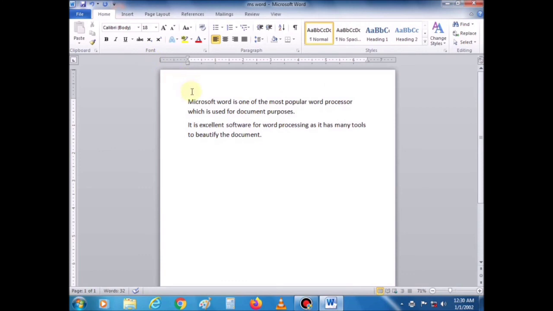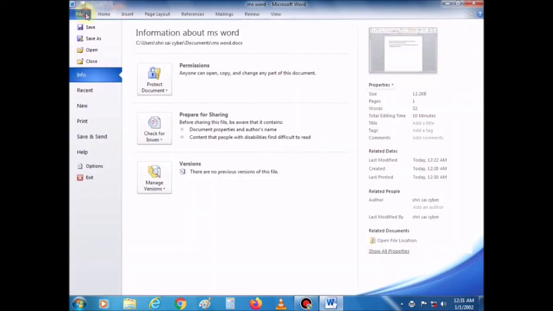Now come to next, how to close a document or exit Word. To close a document or exit Word, click the File tab, then click the Close button. The document on which you are currently working is closed.